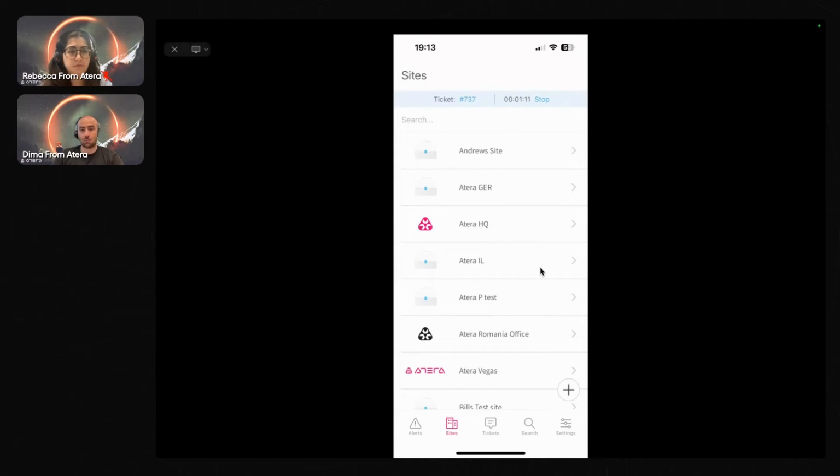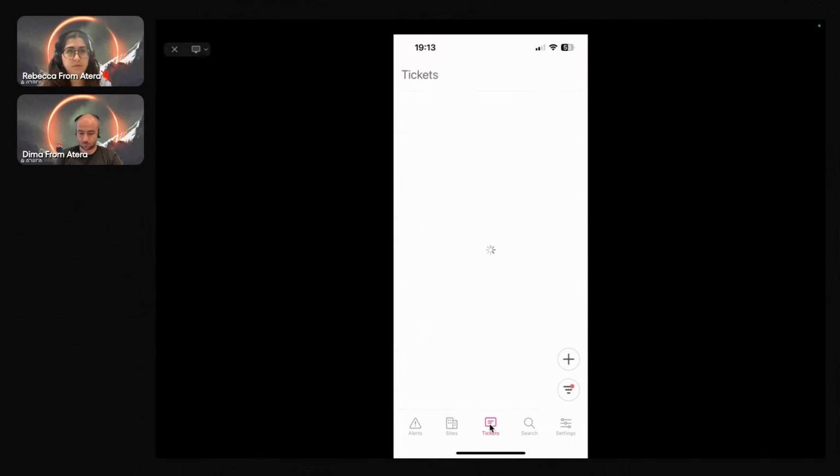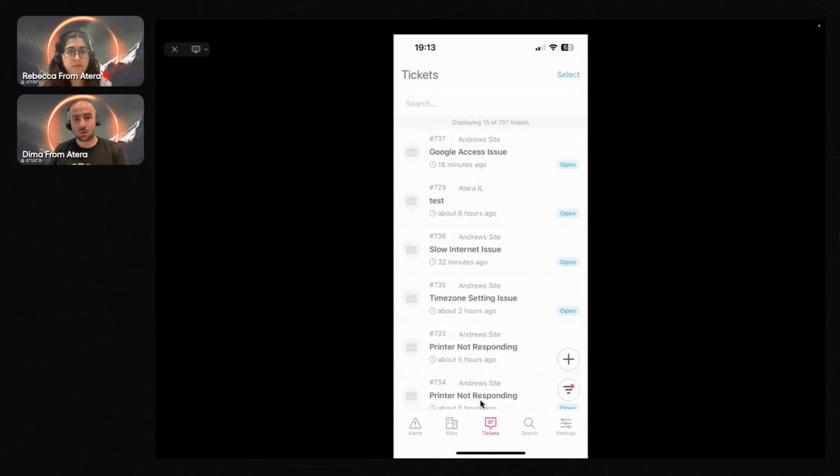But let's imagine a real situation that a customer is submitting a ticket. Okay, and let's imagine that he submits a ticket which mentions that his internet is slow. And for this, he is using the Atera agent on his laptop. Okay, so the ticket has been submitted,